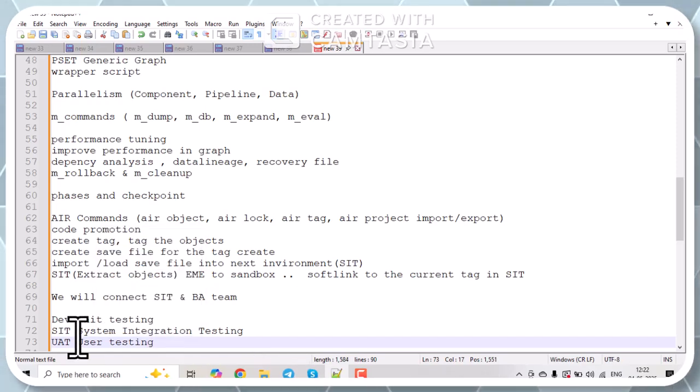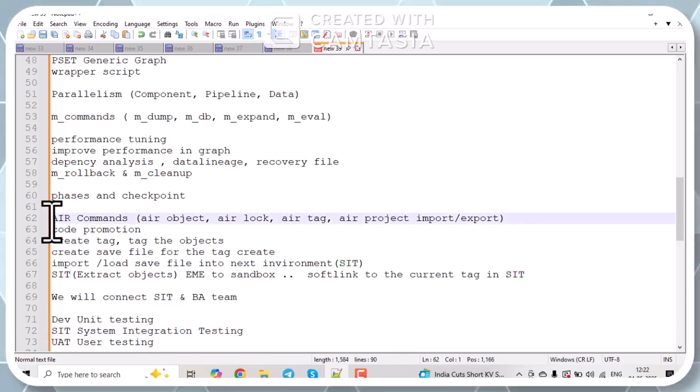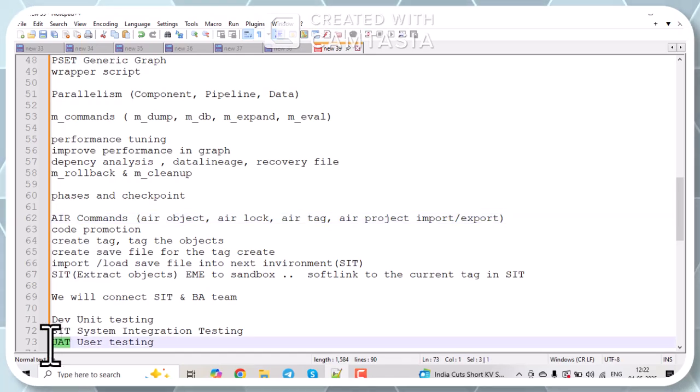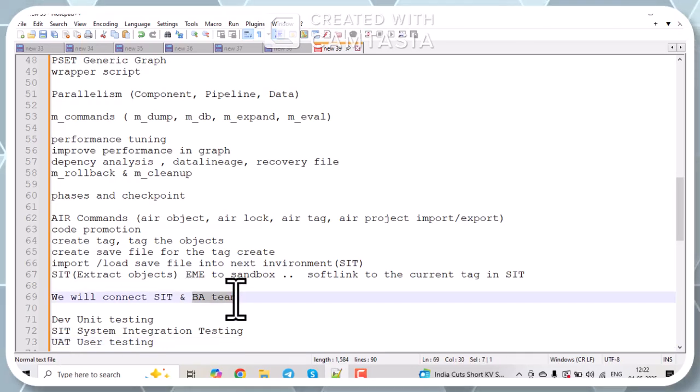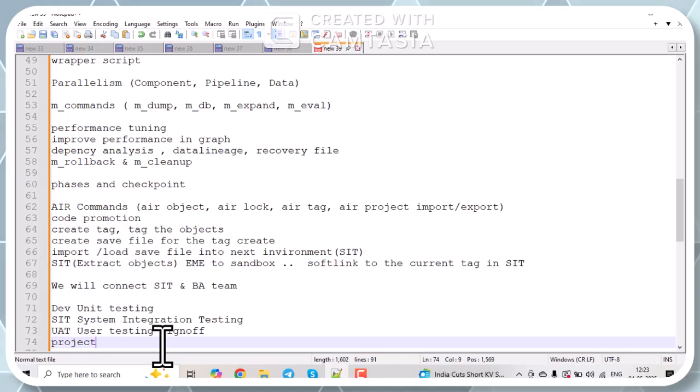So after the SAT team confirms and gives sign off, we will again do the code promotion. We will migrate all the objects into the UAT, and we will inform. We will change the calendar as per the requirement, and we will run. After running, the BA team will capture the data records and send them to users. So users will check and give the sign off that the expected output is coming. Then we will migrate the objects into